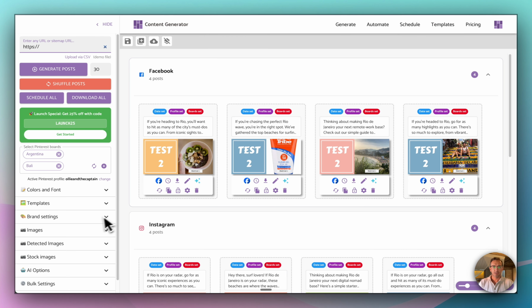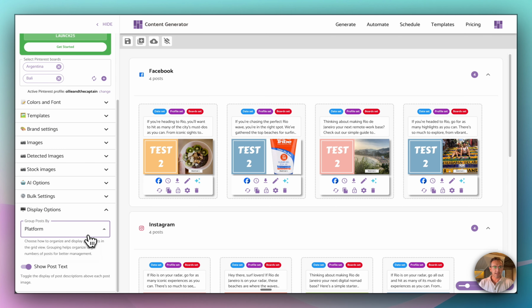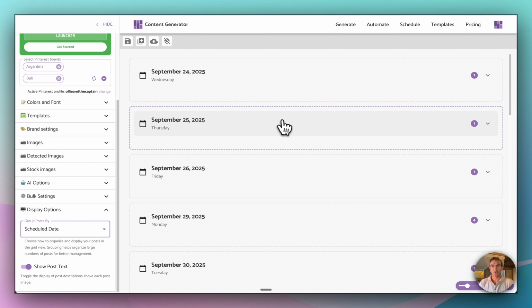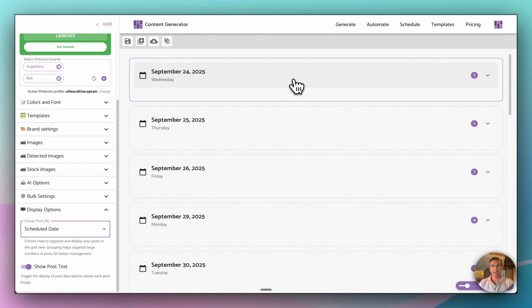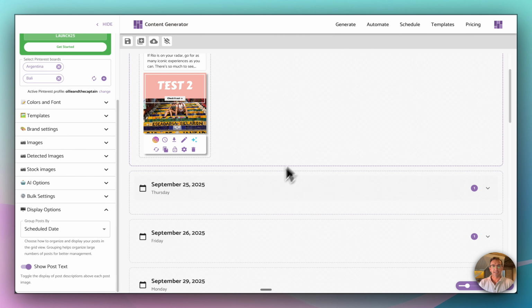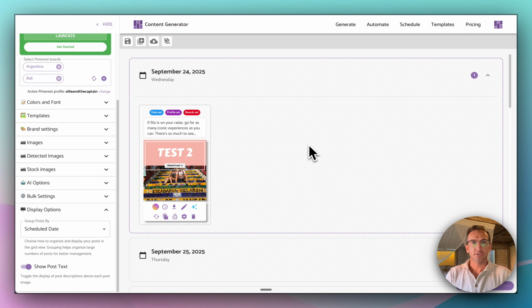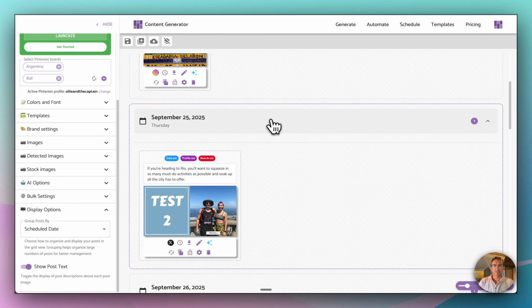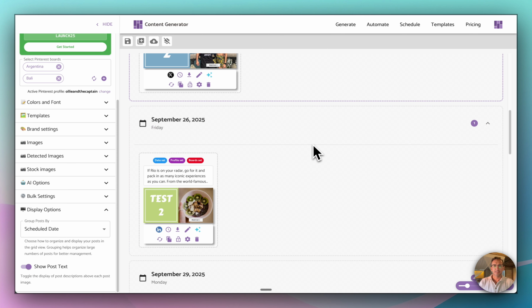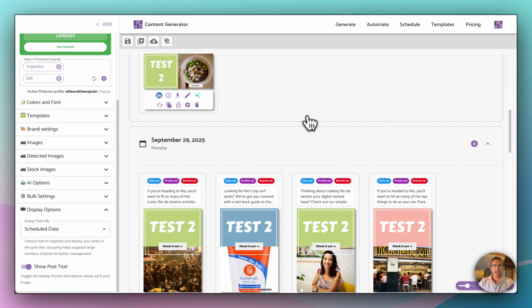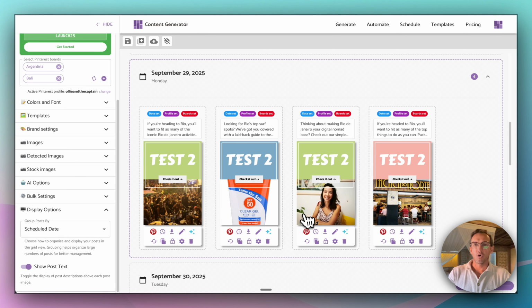And just continue the posts. So normally it'll just show you your posts sorted by day, and we can see here we've got posts. So here's a Wednesday. We've got an Instagram post, and you can see little tags here. This means the date is set, the profile set, and the boards have been set prior. So the same here, and then it goes to Monday. You see we've got the 4